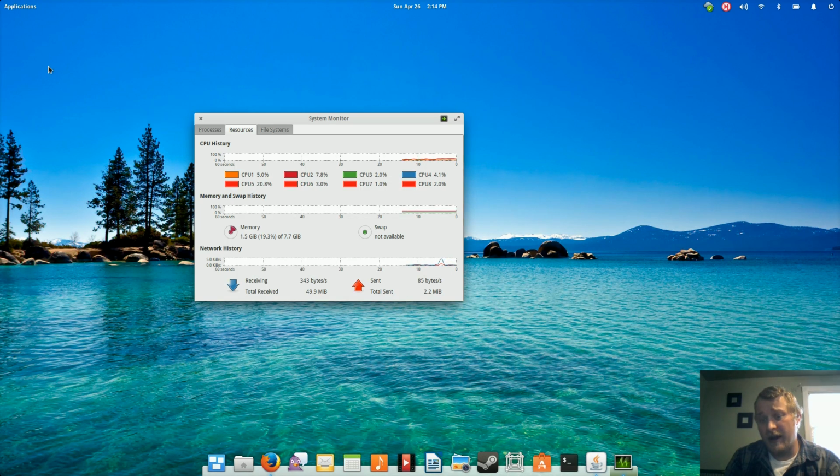Traditionally, it's well under a gig. Like, I had my own cloud pulling in all my data. I had Steam going, and I was at like 850 megabytes. Right? So essentially, it's weird that this is the most elegant desktop I've ever used, and yet it is so flippin' light. It boots in like 10 seconds,